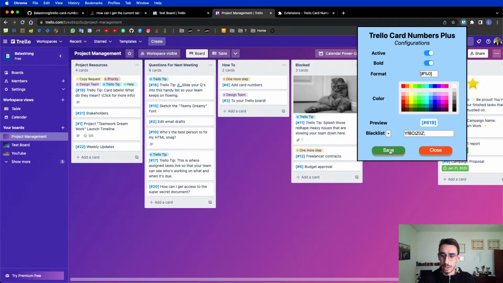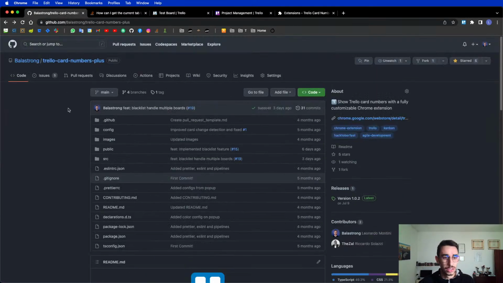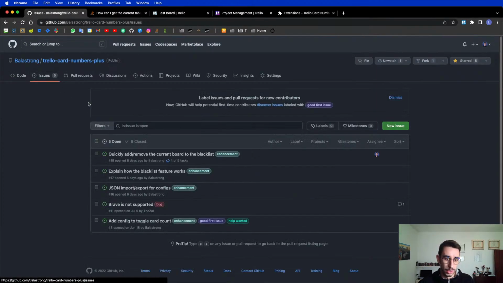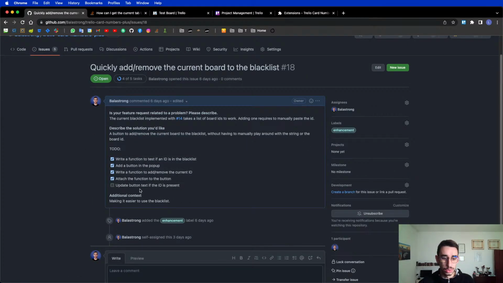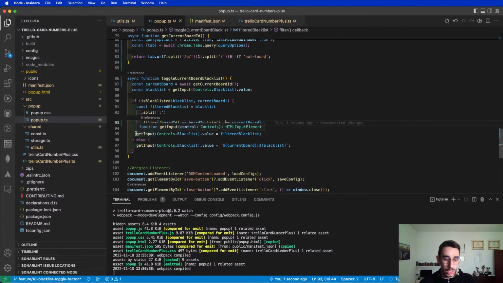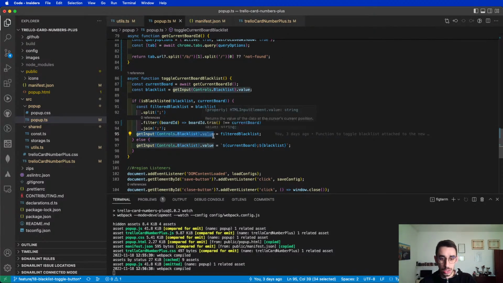So that's already amazing. But in the issue, I think it should be already written here when I wanted to add the blacklist. I also wanted to update the button text if the ID is present, so that you know that if you click the button, the ID will get removed or get added, depending on if it's already there or not. And since we already have this input over here,